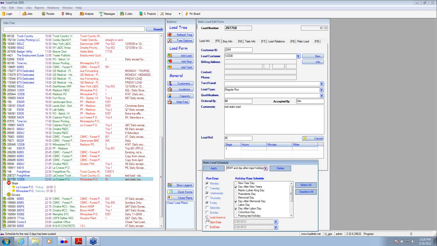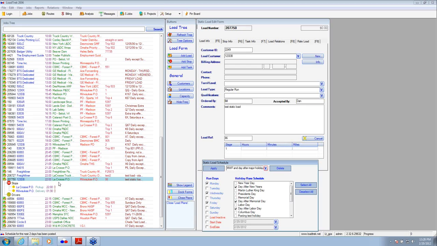They refer to whether or not this load is active or inactive. During the creation of a static load, load inactive is unselected, meaning that as soon as you build the load, it is considered an active load unless you go ahead and select this box. If the load is inactive, then when it comes to posting this evening, this load will not show up for this Wednesday or this Friday or any days in the future